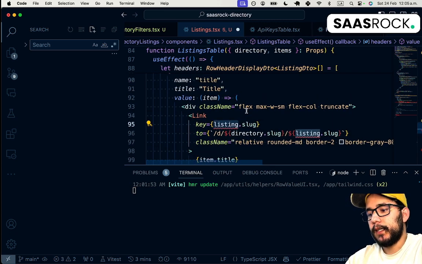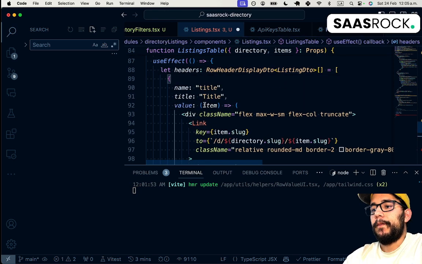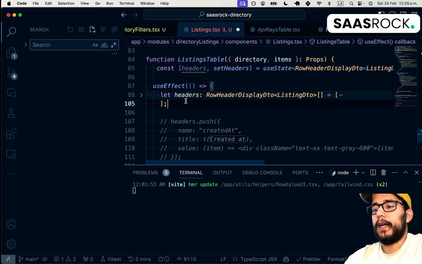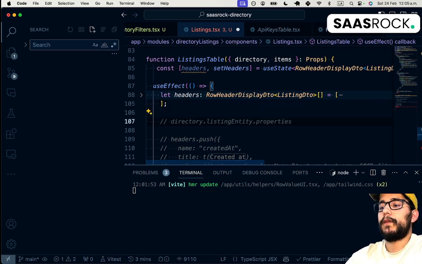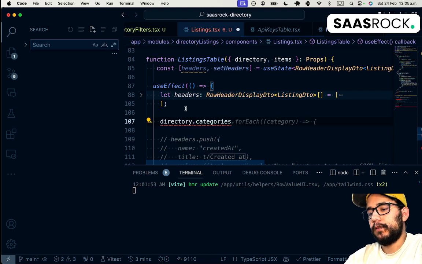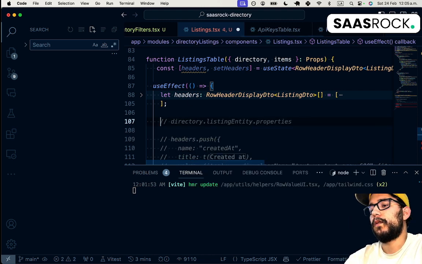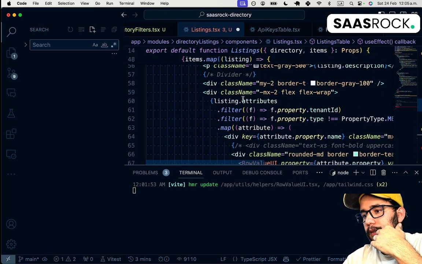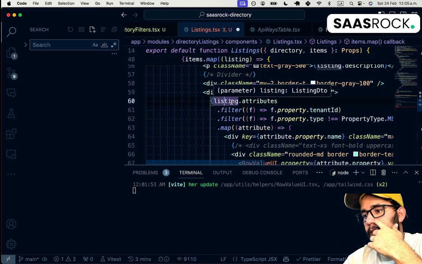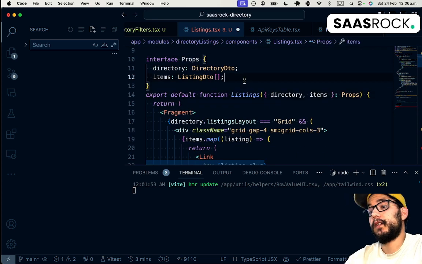And the listing is actually called item. And now that I have my defaults, I need to listen to all the custom attributes. So for each directory, I need, no, what do I need to render the listing attributes? Yeah, instead of having the listing attributes, I need the actual listing